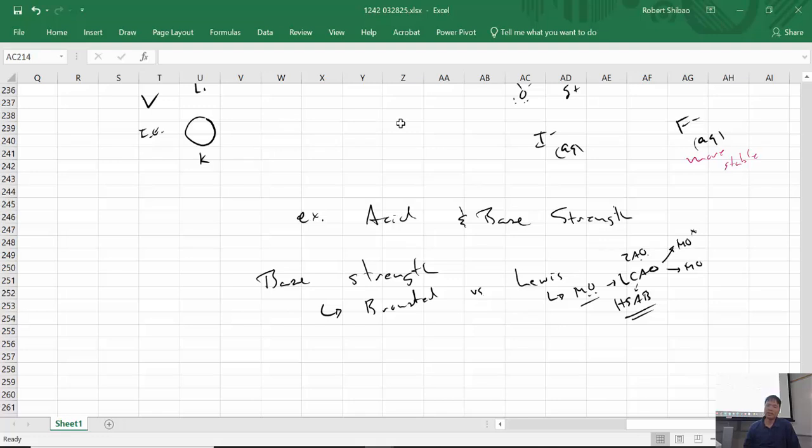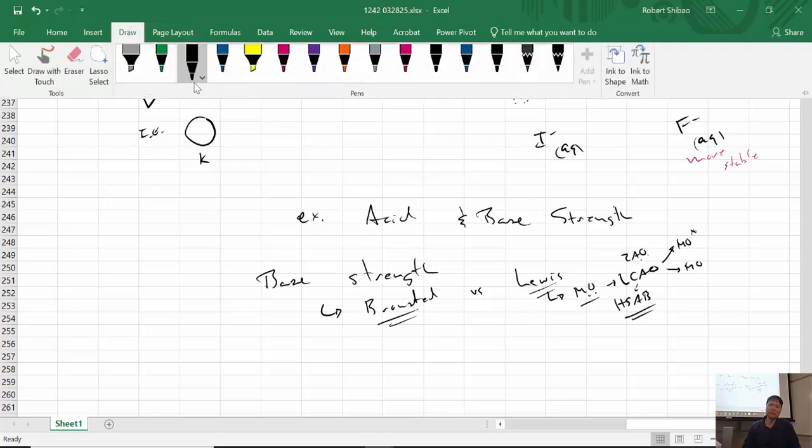But HSAB stands for hard, soft, acid, base. And so predicting the strength of Lewis bases is more complex, whereas Bronsted is a little easier. For Bronsted, we're just going to look very simply at what makes a good Bronsted base. At the simplest level, what makes a good Bronsted base is